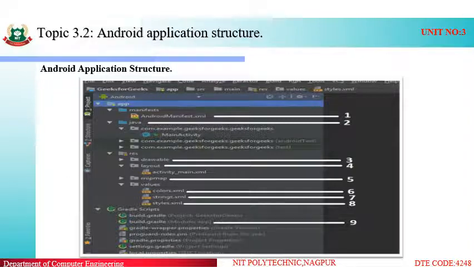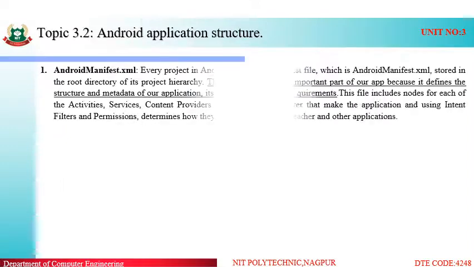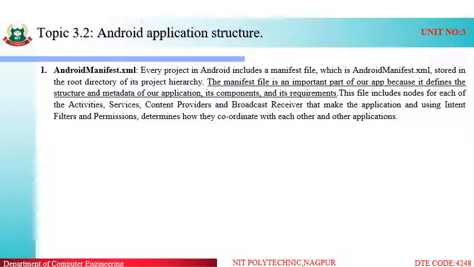And the last, which is much more important, is our Gradle. Gradle is a structure which maintains the overall view of our application. That means how the files are maintained, how they are stored, how it performs the data manipulation, how it is executed. While running our application, we can see all the file structure in the Gradle. So one by one we will see each file.